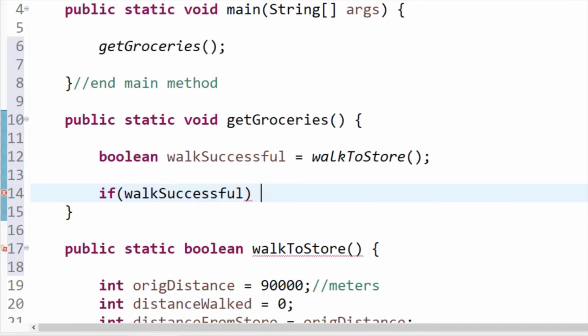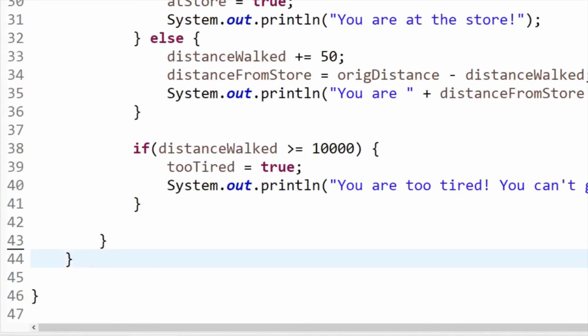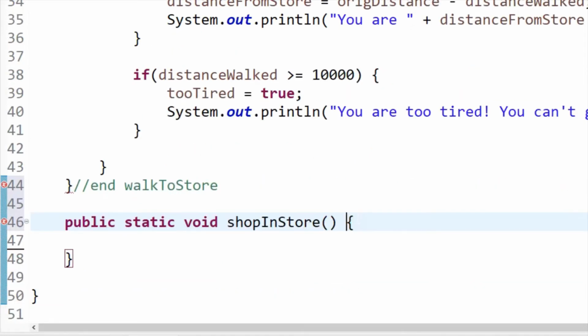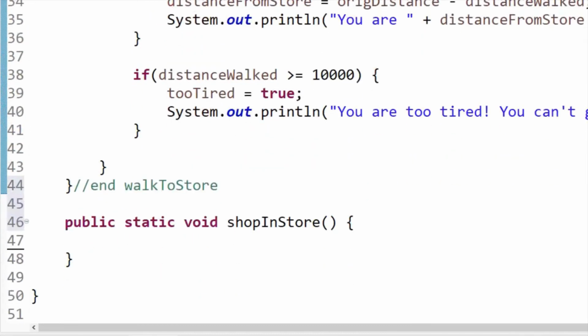So we say if walk successful, then shop in store. And now we have to define shop in store. We have a couple error messages right now, but we'll deal with those as they come up. Right now, we just need to define shop in store. We'll say public static void shop in store. And we had another error message up here because right now we haven't told this method to return the boolean value. So we need to go down to the bottom of the method and say